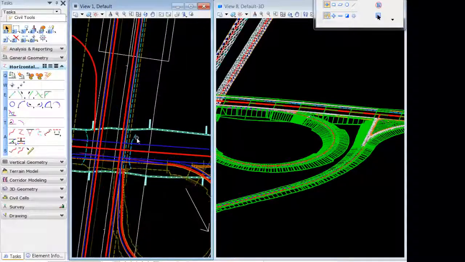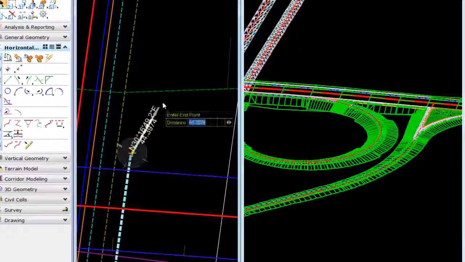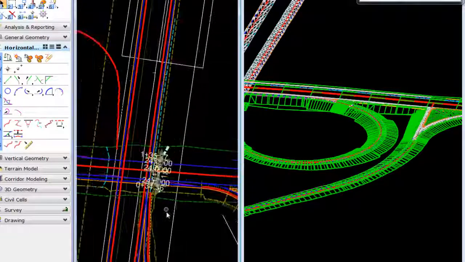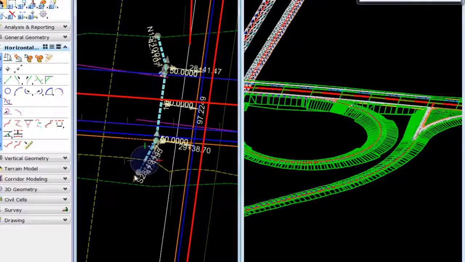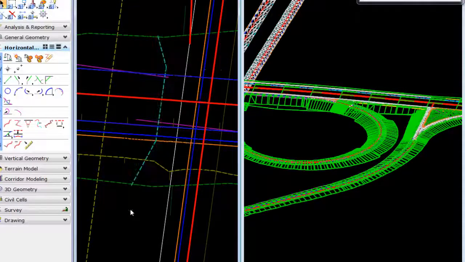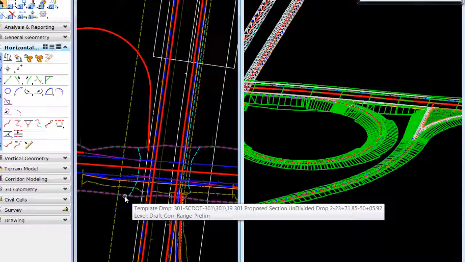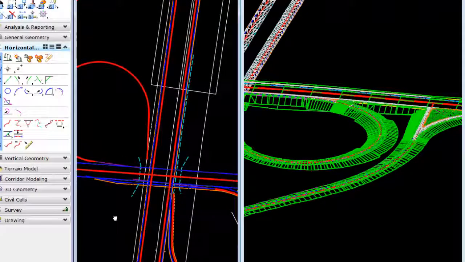In this case, we're definitely not trying to take work away from structural engineers for the bridge. We understand that that design will come from those engineers. However, in the course of designing our road, it would be beneficial to have some sort of structure in place to target our end conditions as we pass our corridor along the top and underneath these structures. So we'll turn off some constructions to clean things up,